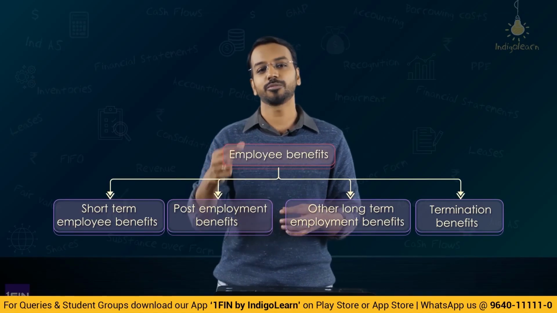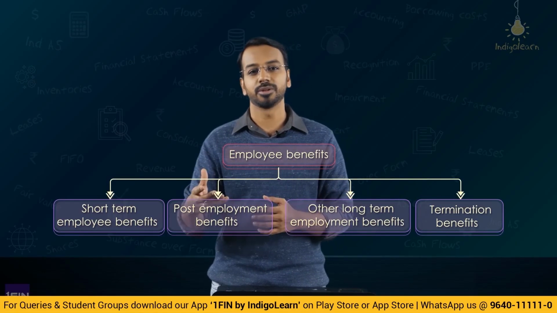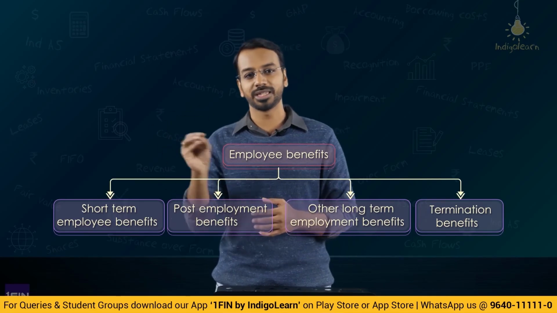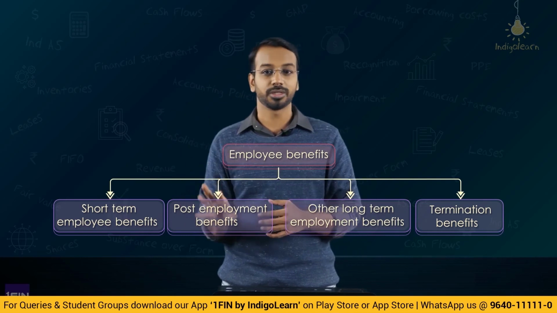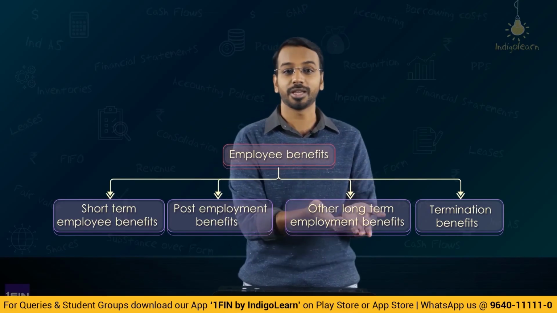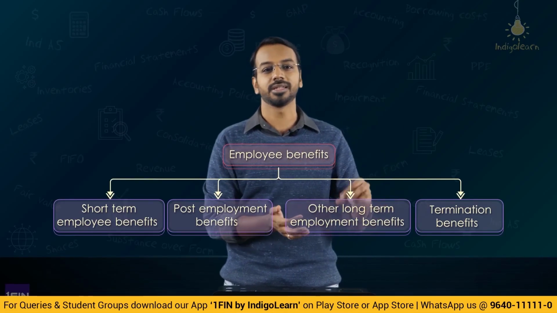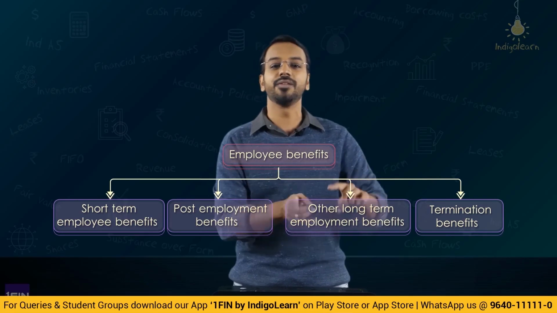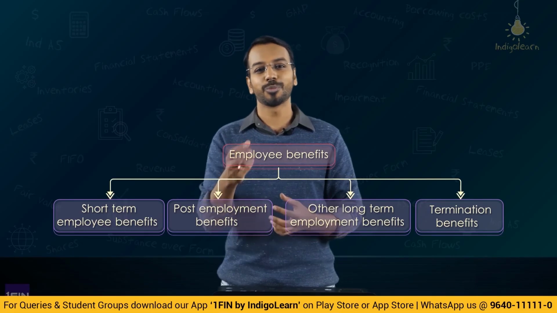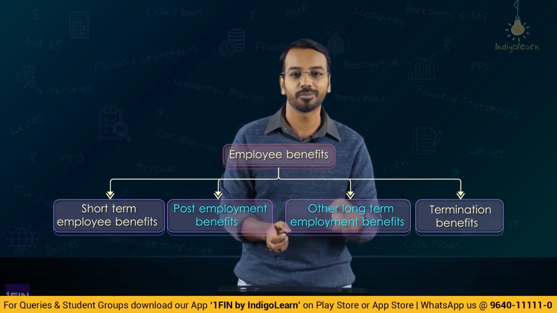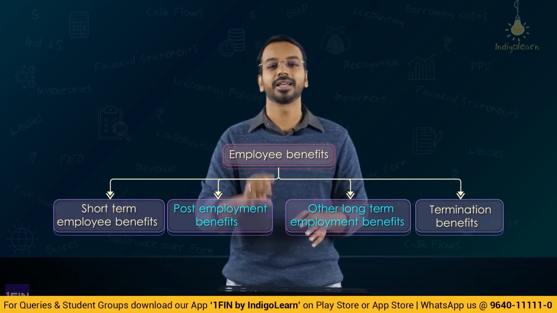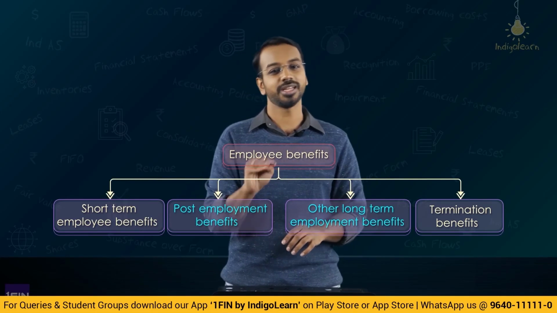Now, if you look at short-term employee benefits, as I told you, accounting is pretty simple. Why? Because the period in which the services are rendered, the expense for that will be booked in that period and the corresponding liability would be booked. When it comes to termination benefits, there also accounting is simple, because once you have decided to terminate the employment, there is a liability which arises that will also be accounted in the period in which the termination occurs. That is also pretty simple. The challenge would be to account for post-employment benefits and other long-term employee benefits. That is what is covered in the large part of this particular standard, right? That is where you have to pay extra attention and focus in understanding.